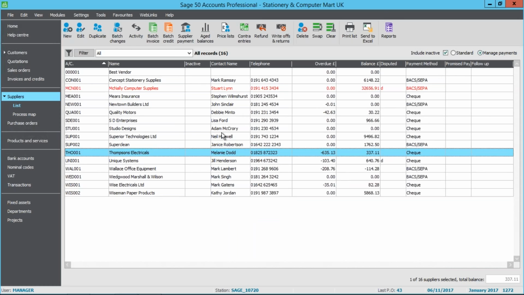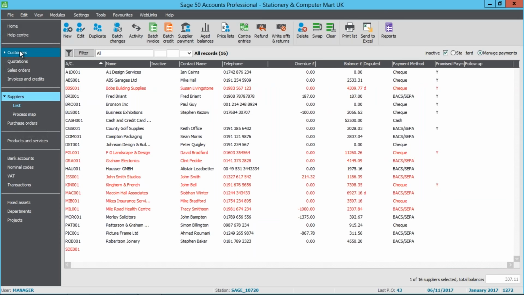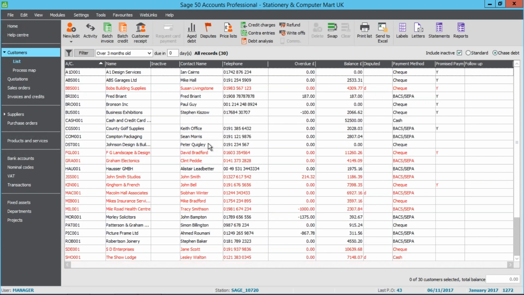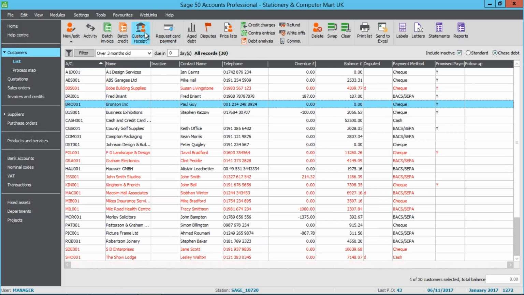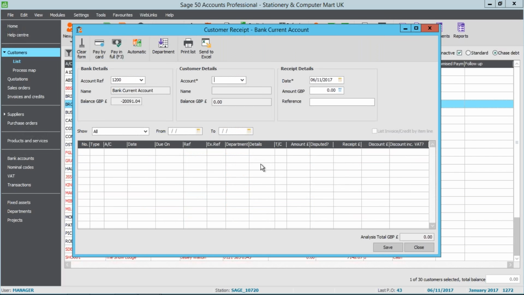So let's go to the customers and invoices part. When you open the customer list, you can see, the same as in the supplier part, the balance with your customers, some additional details, and the overdue amount. And directly from this list, you can create batch invoices. You can create receipts from your customers,